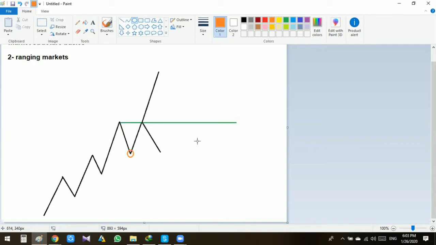If my trending market was bearish, my TP level, if my last low level rejects, will be my last lower high. But in a bullish trend, my TP level will be my last higher low. Anyway, so if price rejects the last high level, this one, my first TP will be here at the last higher low.